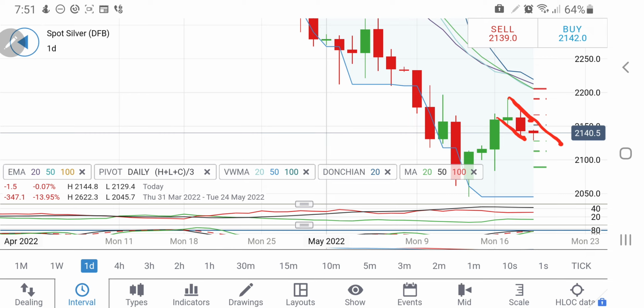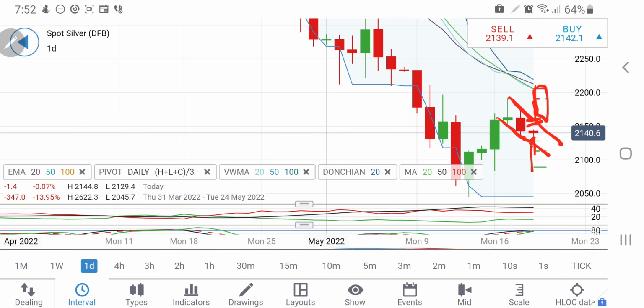So here the high for the day is somewhere around 2160, and if you see it trading beyond 2160, consider this as a reversal and it will try to hit 2200. Mark my words, if it tries to trade above 2160 and 2170 levels, it will try to hit 2200 levels. So this zone at 2160 and 2170 I will be watchful of, and beyond 2155, yes, you can remain long.